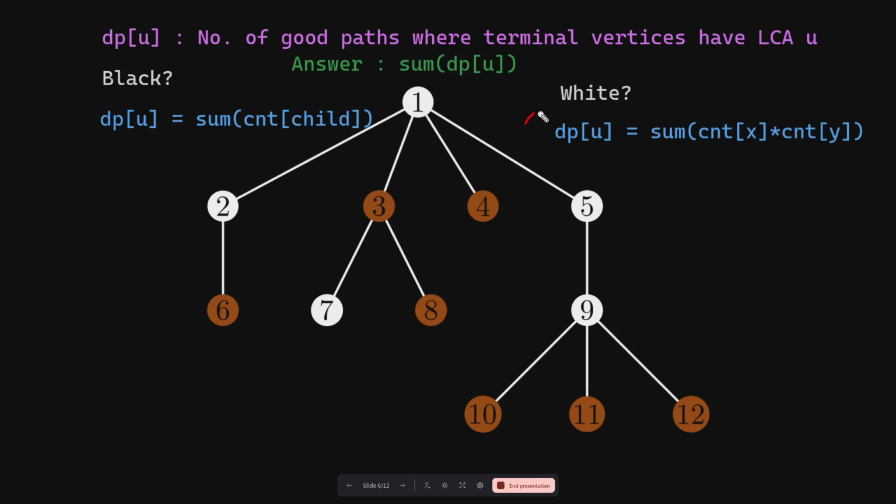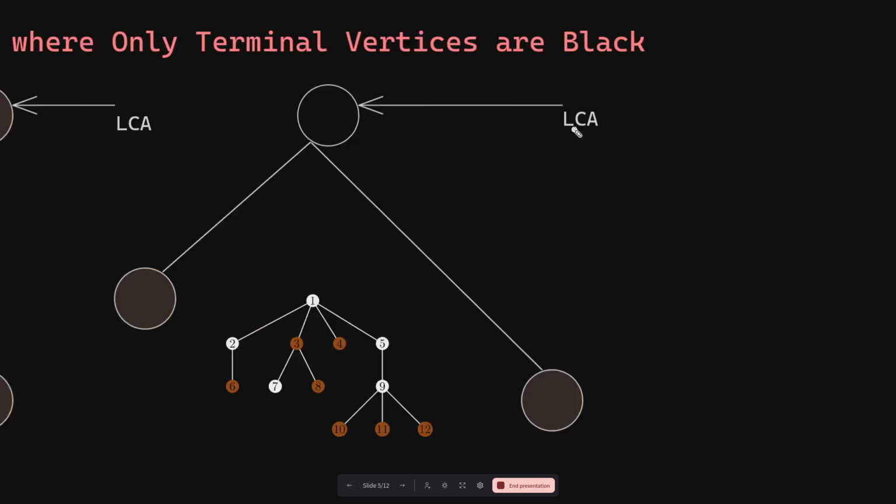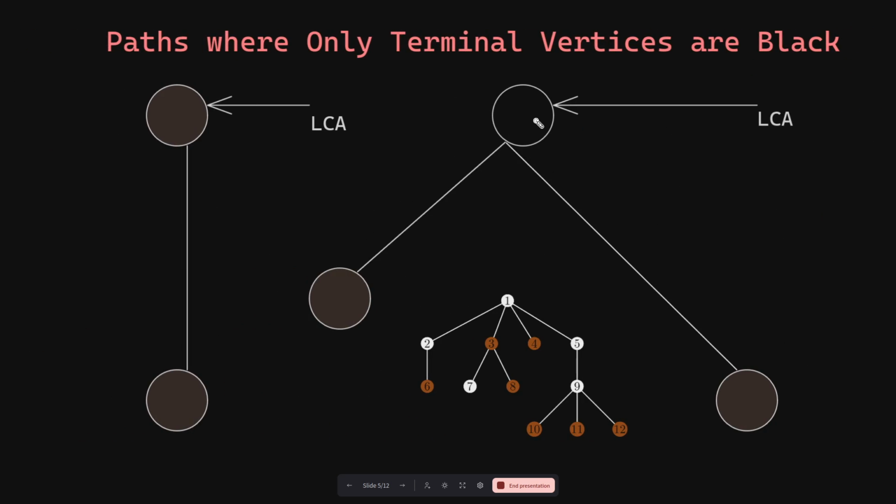Now what if the LCA is white? How do you compute the DP value in that case? If you go back to the previous slide, you will notice that the LCA being white is simply a combination of two downward paths. That is, you pick a downward path in one subtree that ends at a black vertex, and you select another distinct subtree and pick a downward path that ends at a black vertex. You take these two downward paths, insert an LCA in the middle, and then you will have a path that starts at a black vertex and ends at a black